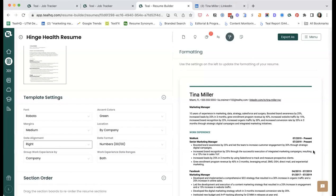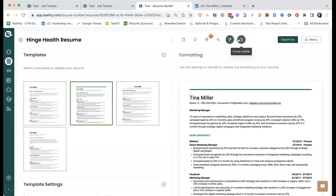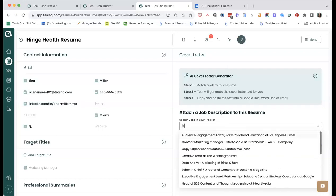Well said, per usual. So now I would love to do one more thing in here, and then we will toggle over to Teal Plus so that folks can see that in action as well. So one of the most dreaded parts of the job search is the cover letter process. I have definitely felt that deeply. So what we can do here is I'm going to pick